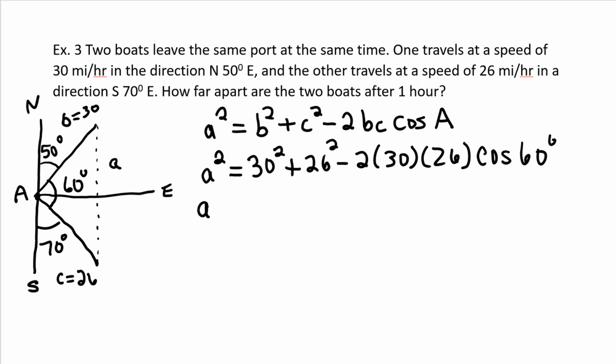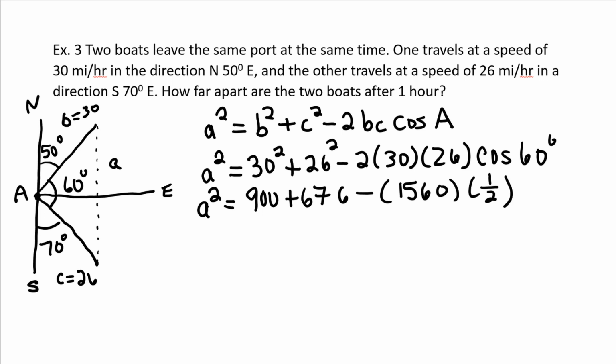Let's do some of the arithmetic. A squared, 30 squared is 900, 26 squared is 676. The product of 2 times 30 times 26, I used a calculator for this, is 1,560. We know that the cosine of 60 degrees is 1/2. So now let's continue with the arithmetic, and we'll get A squared is equal to 900 plus 676 minus half of 1560 is